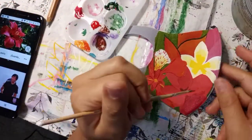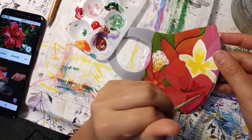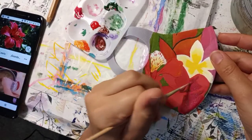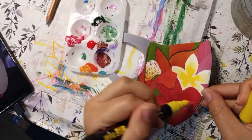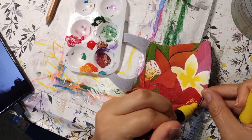I really love the way I did all these face masks. This one is my favorite. I'm gonna be honest, this week I used them for work. It was okay